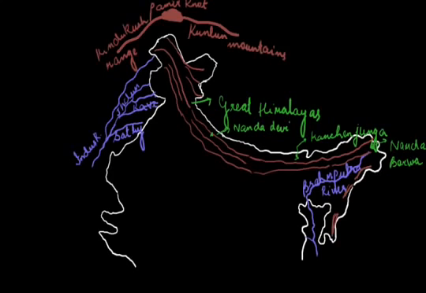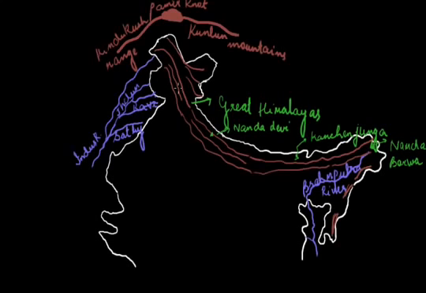Now coming to the Lesser or the Middle Himalayas. As I have already said, these are also known as Himachal. It is located in the south of the Great Himalayas and runs parallel to it in the east-west direction. This is the east-west direction. Its average height is from 3,700 to 4,500 meters and it is nearly 80 kilometers wide on an average.